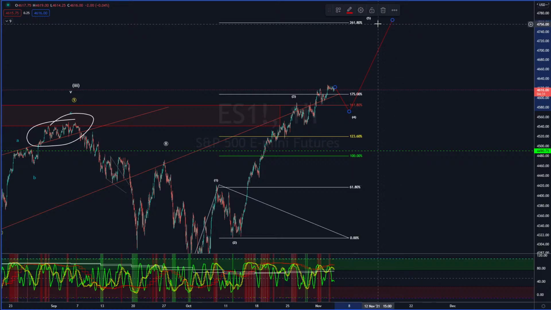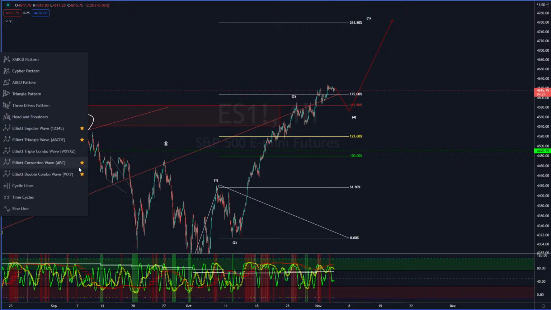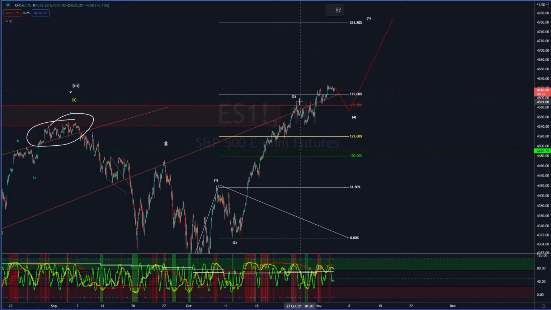In my opinion, for us to thrust this high, this correction wasn't enough. I think we need to see a more complex correction, something in the form of an expanded flat, where we have a nice A, B, and then a C. We've seen this before, and that, in my opinion, would give us the strength needed to move up to that 47.60 target. I think we need to see a pullback before we see a thrust up in order to realize this target up here at about 47.60.